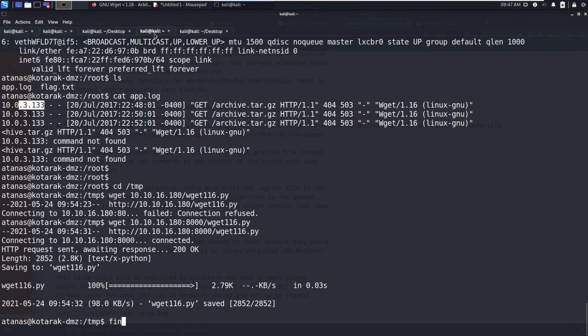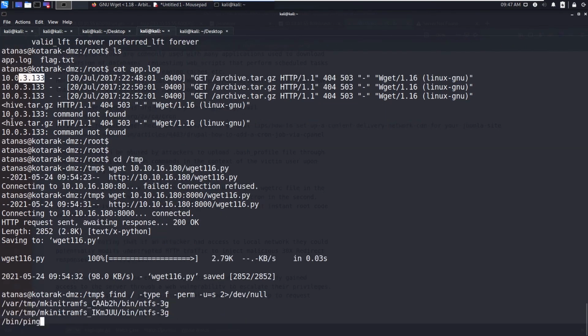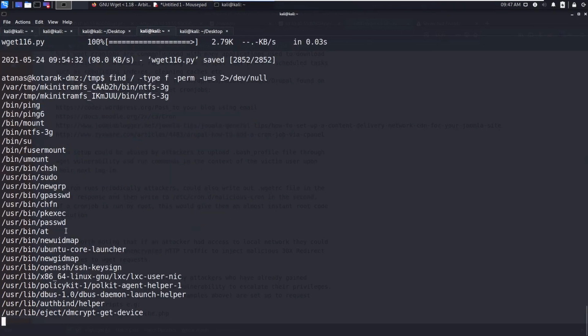Okay, I did not show you one thing. When I found the SUID binaries, sorry, I have tested so many things for privilege escalation vectors. So there is one binary, authbind.